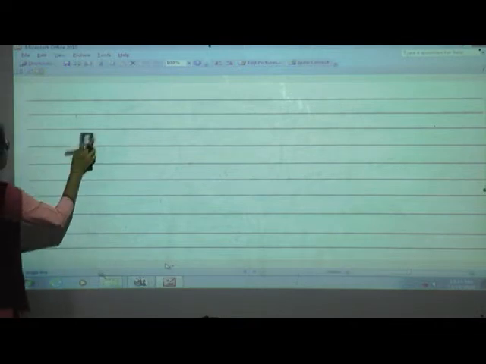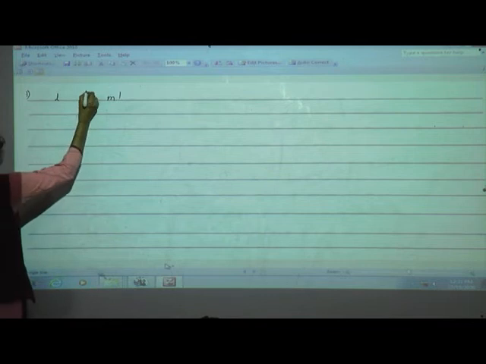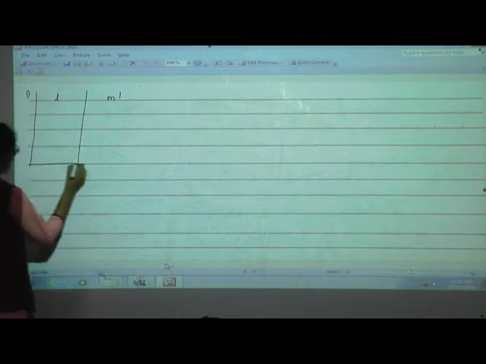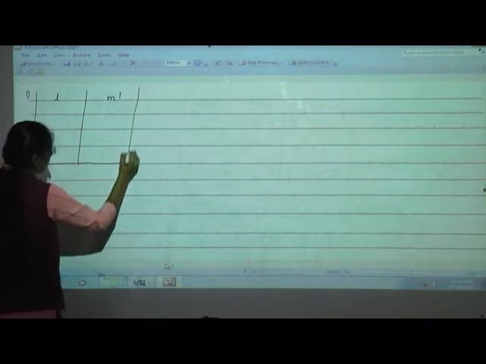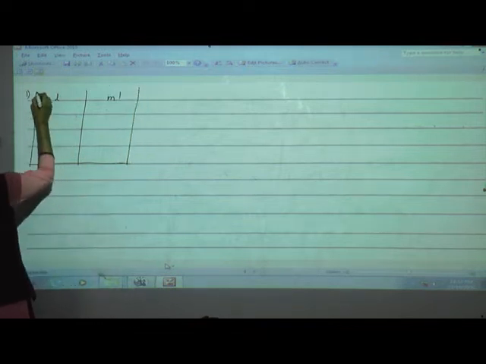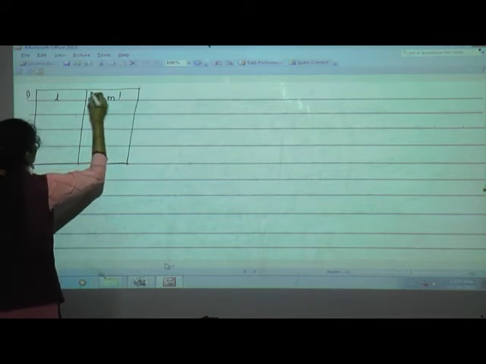See, what is the question? Lakshmi bought 10 liter 300 milliliter milk from one dairy. So here we'll make two columns. First is for liter and another is for milliliter. Okay. Then in that you have to leave one line for the carry. Properly you have to make a box and then only you have to fill the numbers in that.